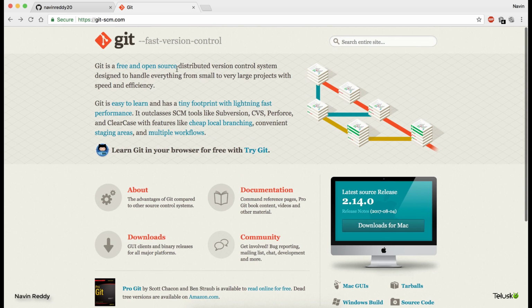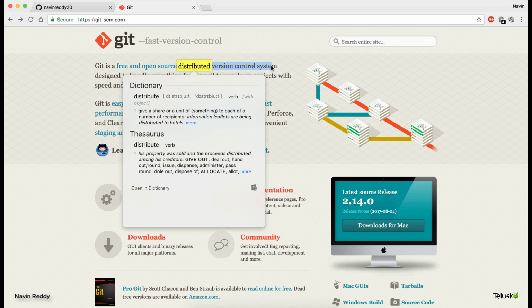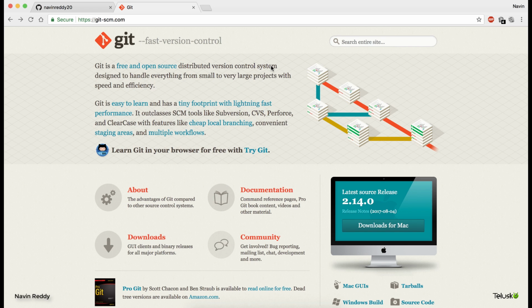And they all talk about the definition of Git, which is: Git is a distributed version control system. Heavy terms, right? And when you look at these heavy terms, sometimes your mind gets switched off. We don't want to learn Git, it is so difficult. But in this video, I will not show you what Git is, and I will not show you all the features. I want to show only one thing.